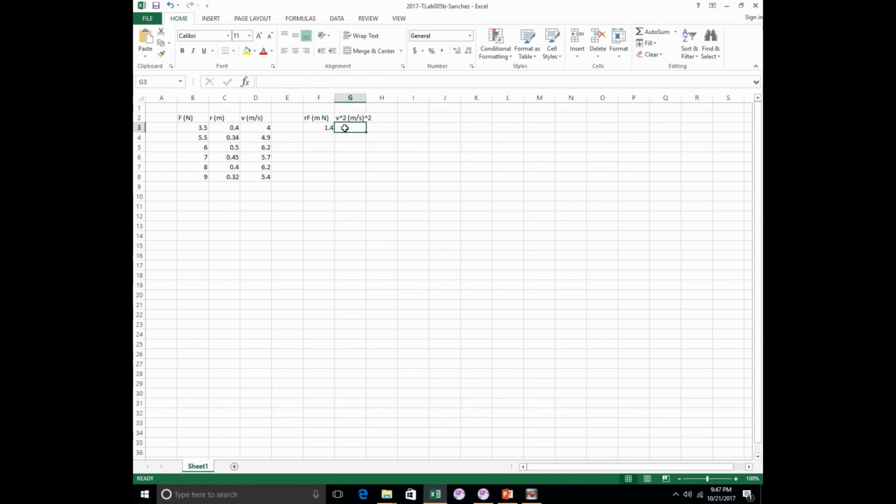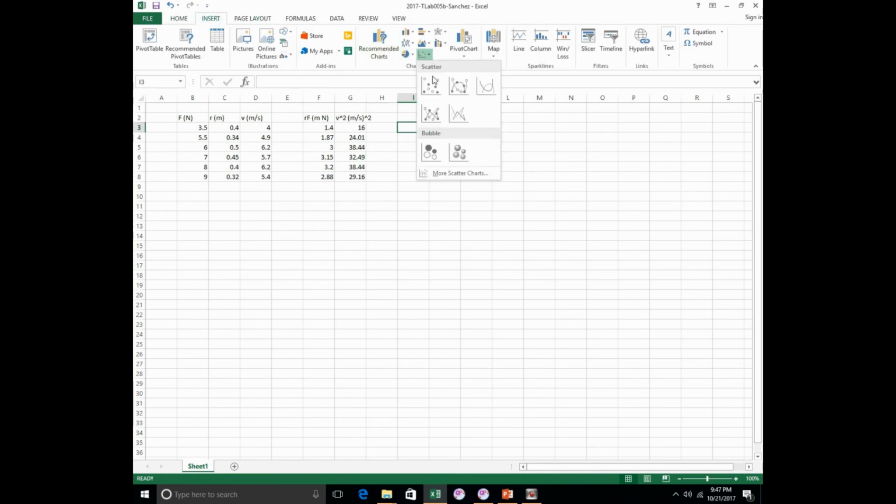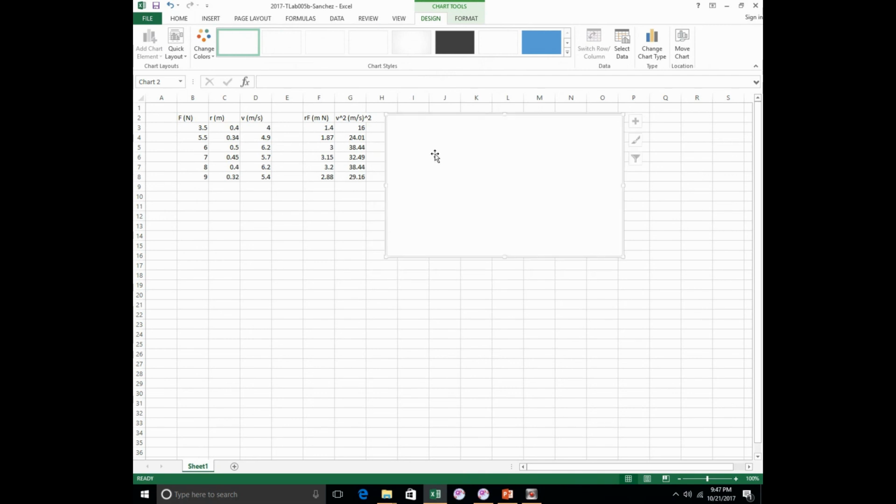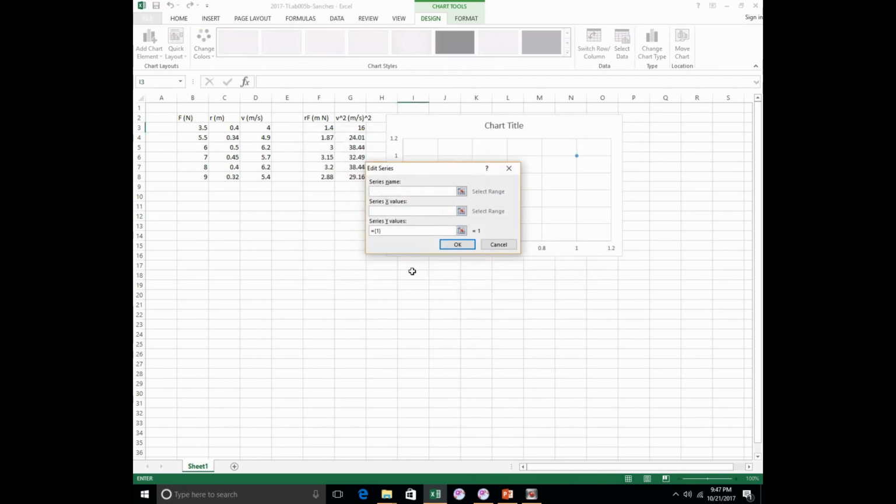And then over here on our speed, I'm going to do equals my speed squared raised to the 2, however you'd like to do that. All right, then I'm going to highlight both of these and then drag down the little square like we've done many times before. Great, now I've got those and we're going to make our chart and we'll be pretty much done. So our scatter plot, going to bring it up here, right click, do select data, add, and we could call the series name